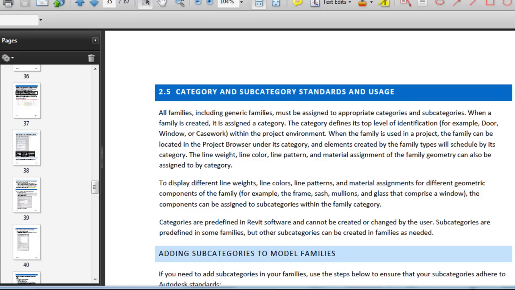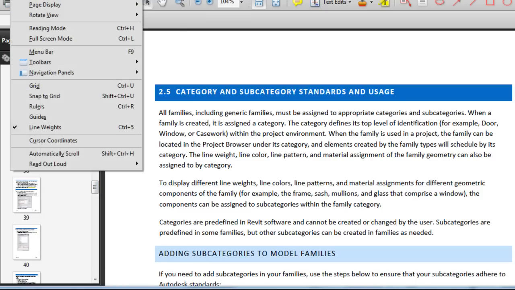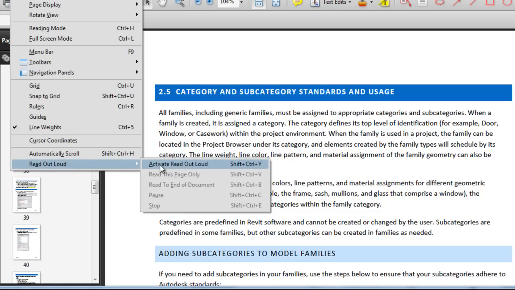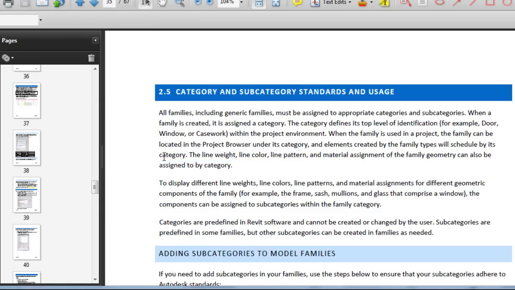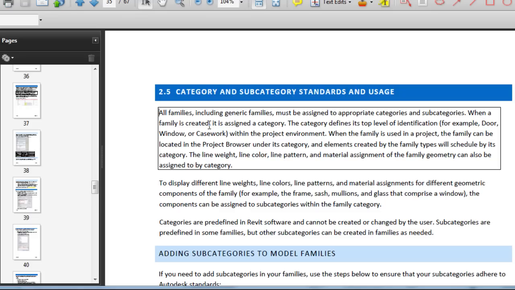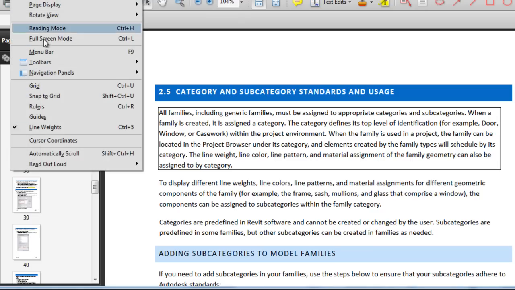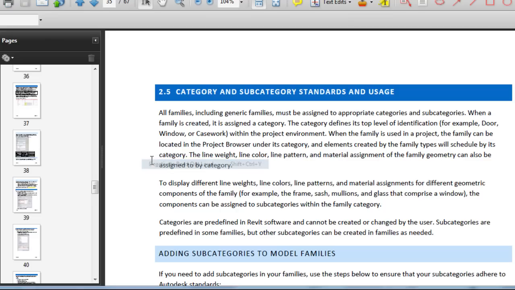And here's one cool thing I've learned. If you don't have time to read through it, you come down here all the way to the bottom where it says read out loud, and guess what it'll do? It activates read out loud. So let's turn her off. There, it'll read it for you. So that was kind of cool. All right, let's get out of this